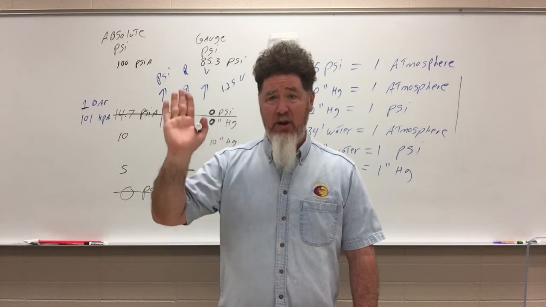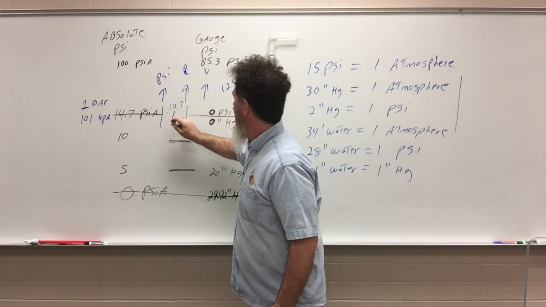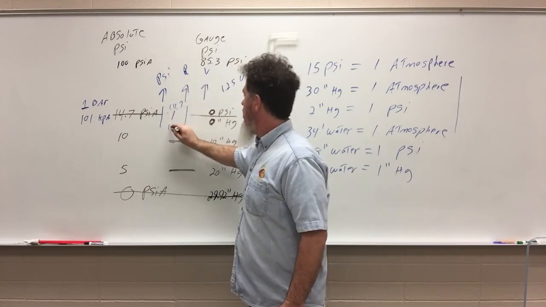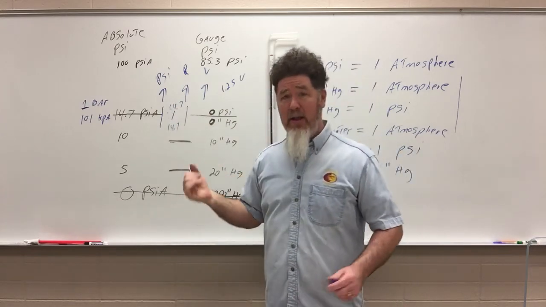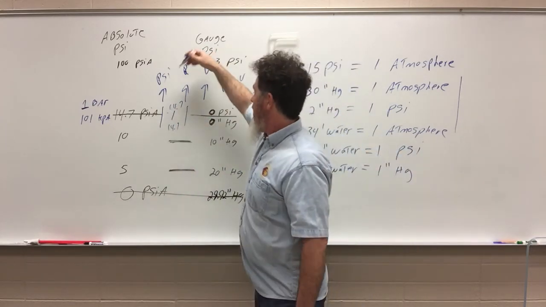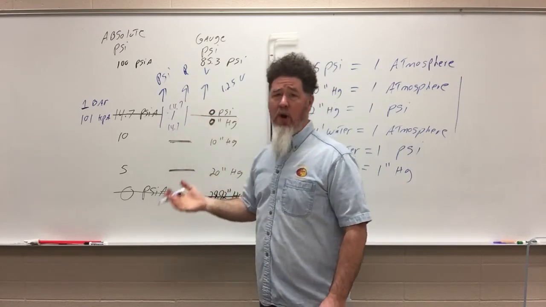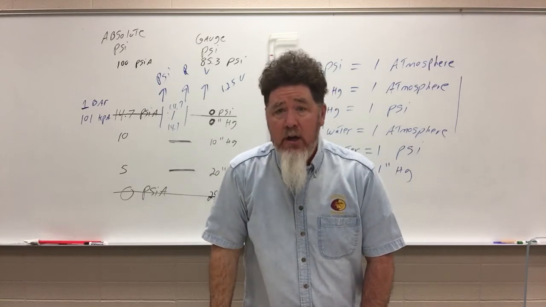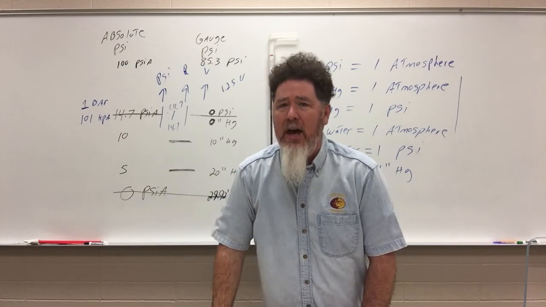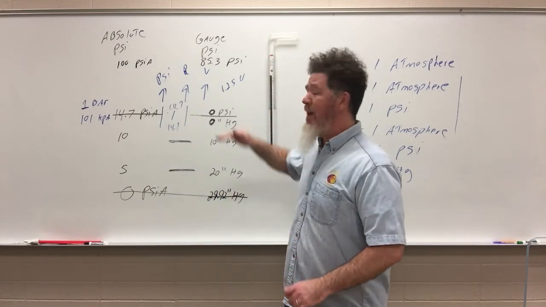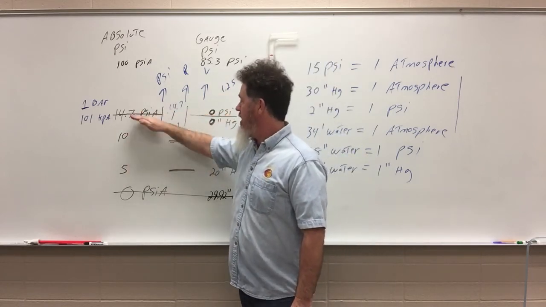Think about wide open throttle. When I go to wide open throttle, my throttle plate is opened up all the way. I've got 14.7 on the top, and 14.7 of air going in. Well, at least it could be that if I have a supercharger or something on it. But the bottom line is that my voltage shouldn't go up the same as with the engine off, but it should go up pretty high, 3.5 volts, maybe 4 volts, something like that. So the key is that your MAP sensor is reading absolute pressure.